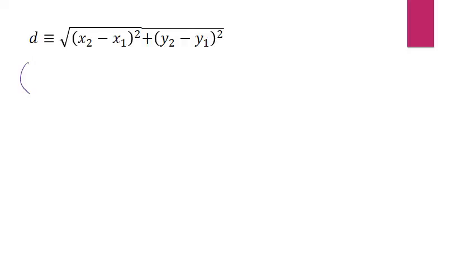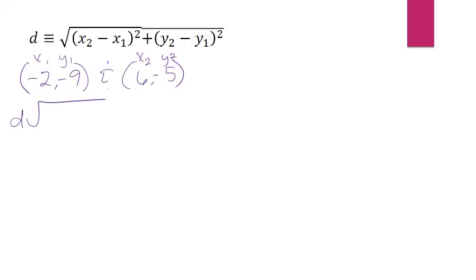Using this distance formula, let's look at the distance between a point that's at -2, 9 and a point that is at 6, -5. Okay, in this we have x1, y1, x2, y2. And we're going to put all of this under a square root sign. And we have the second x minus -2, which is the first x, that makes it be plus 2,